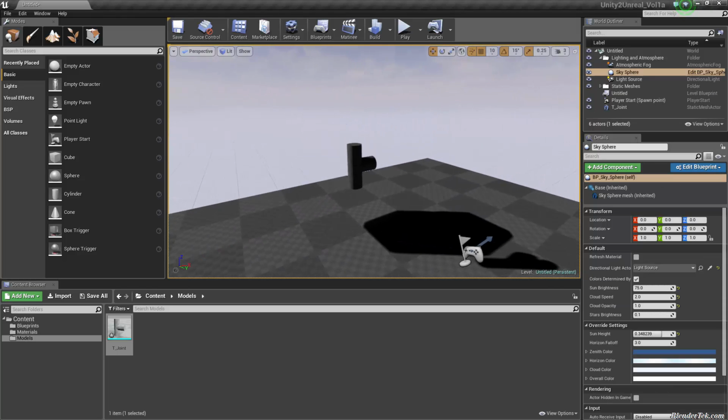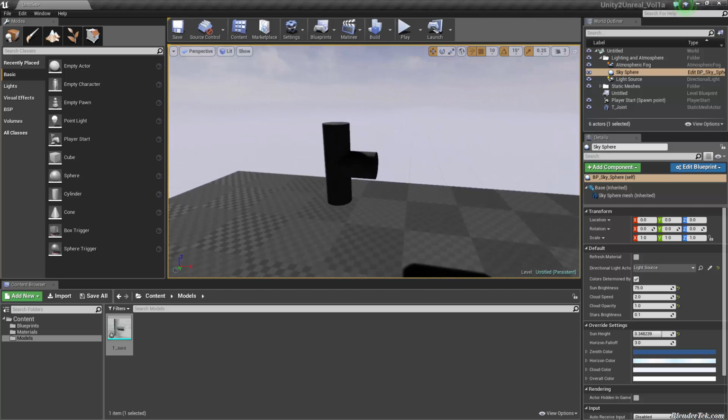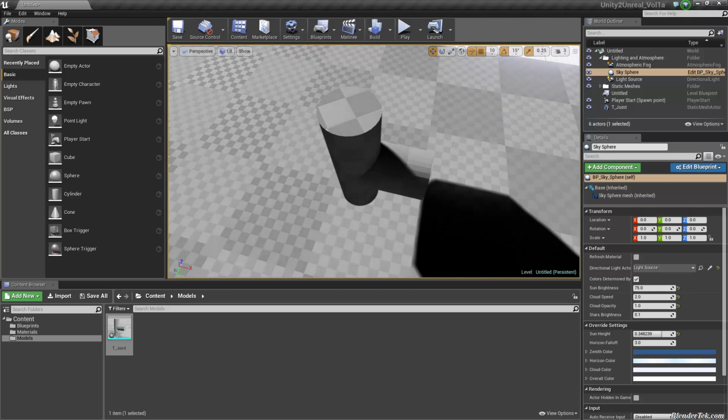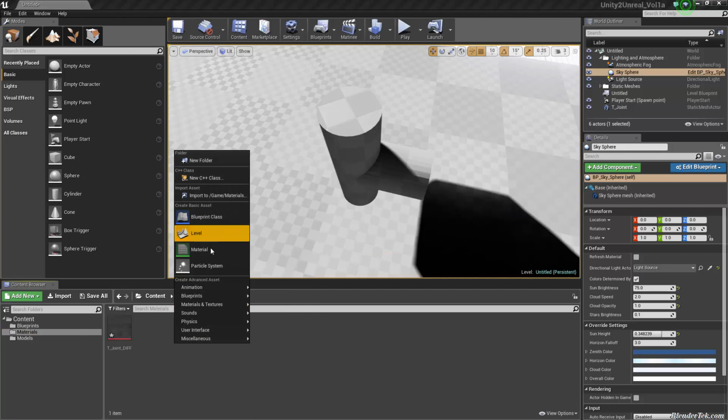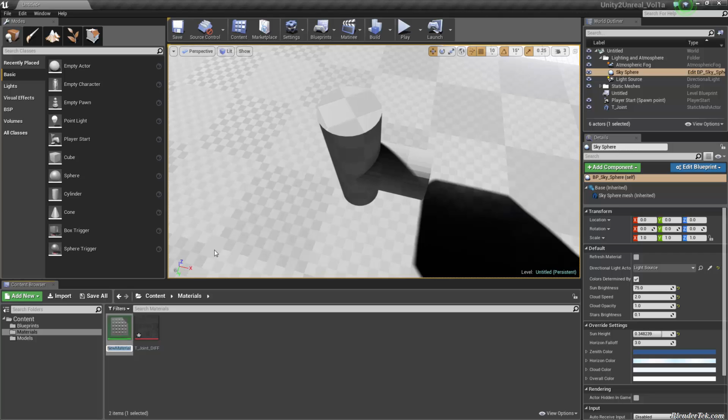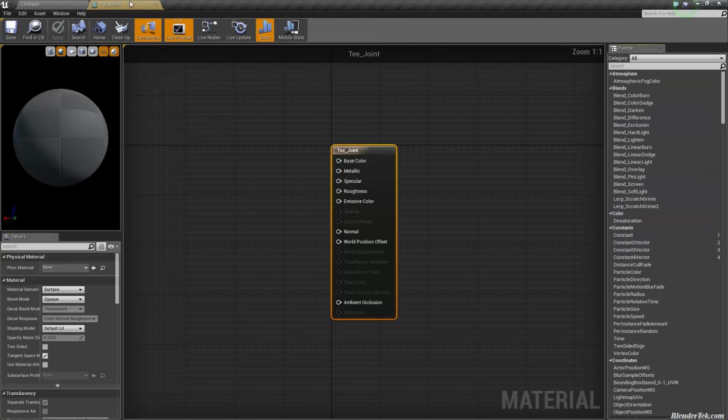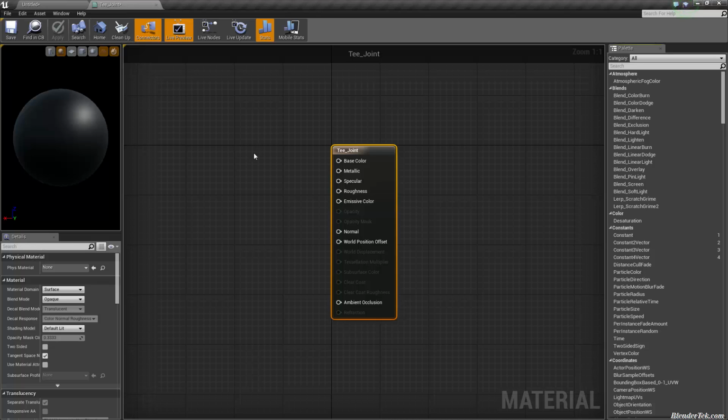So my T-joint there with its base material. So I'm just going to quickly add a material and texture. So I did that by creating a new material. So I'm going to create a new material in my materials folder. I'm going to call it same as before, T_joint. Alright, so we'll double click on that to open up the material editor in a tab, and I'm just